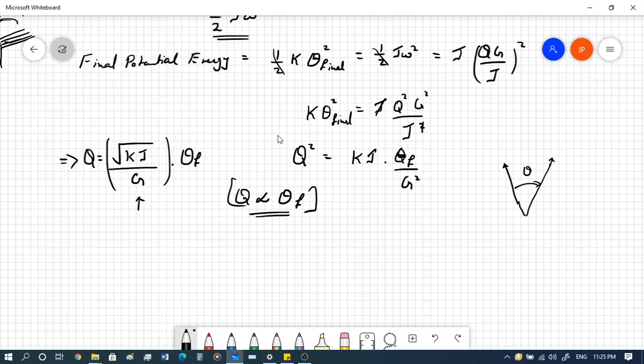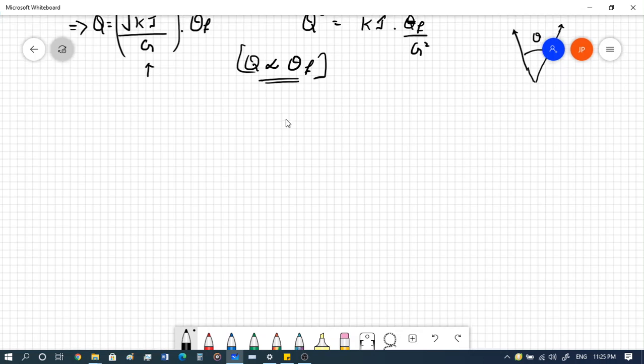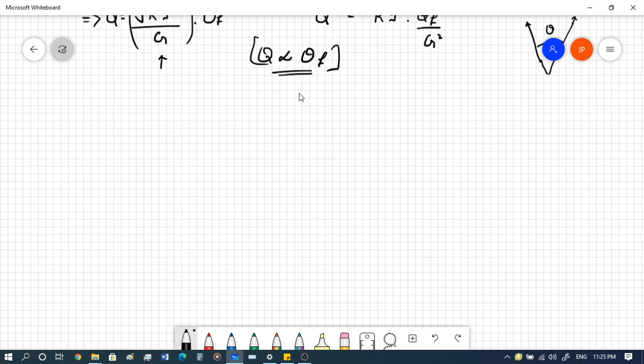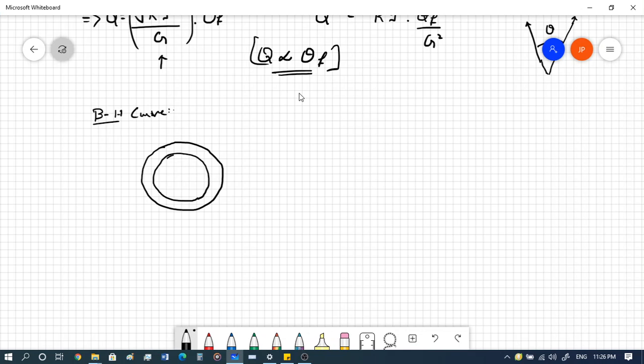Now we'll also look at how we can do the magnetic measurements, which is the BH curve. How we can find the BH curve for a magnetic material, right? So here we take a magnetic material or a magnetic core in this shape,